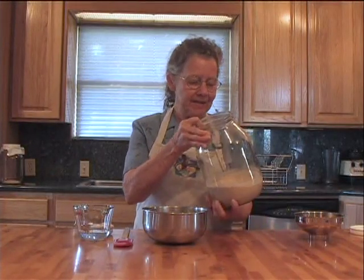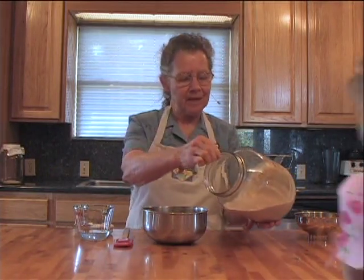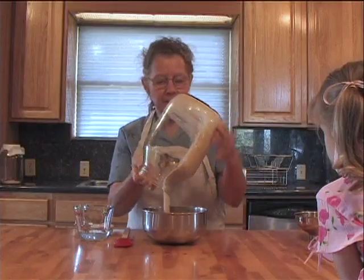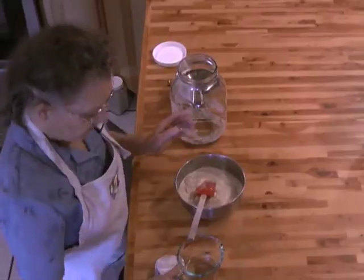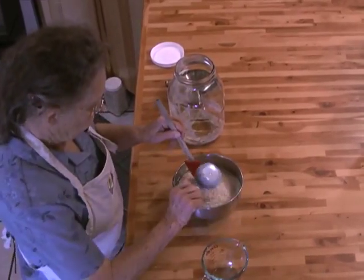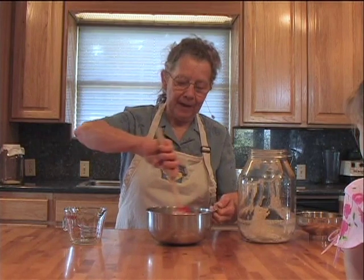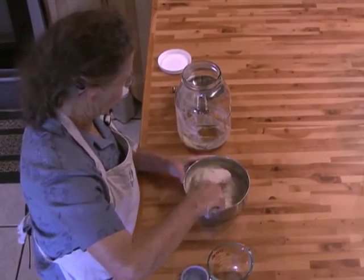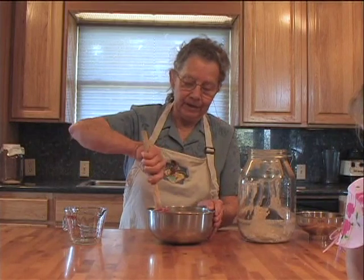And it's been 7 days out there now, and so you can see that it's starting to come alive. Do you see? So now we're going to pour it out into a clean bowl, and we're going to give it some fresh water and some fresh flour again. So we're going to give it the water and the flour, and we're going to mix that up. And that's going to go back in a clean jar again, but it doesn't have to go outside anymore. It's going to go in the refrigerator, but every day you're going to take it out and you're going to